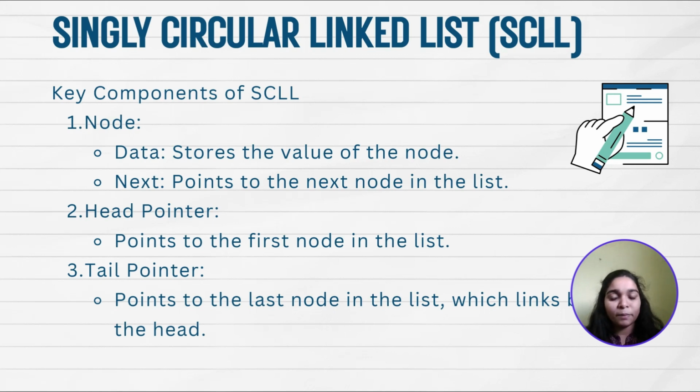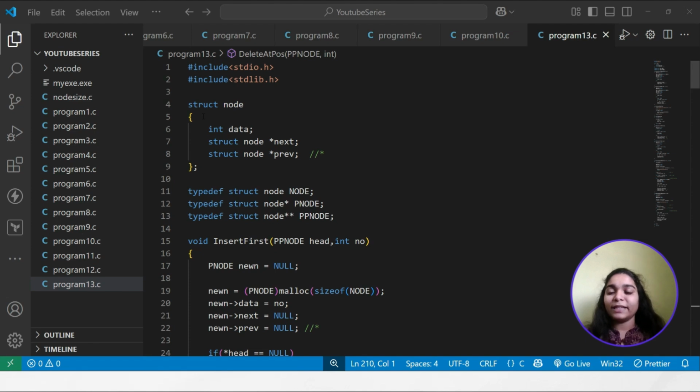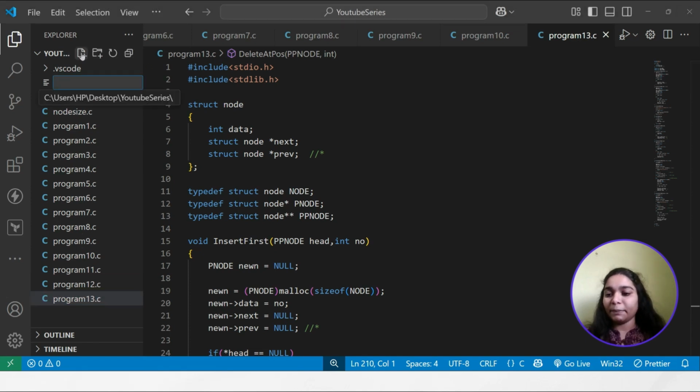Now let's actually implement it. So without wasting much more time, let's begin with VS Code. So open your VS Code. Let's create a new file and name it program14.c